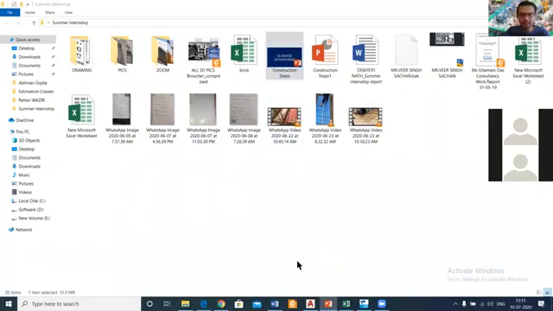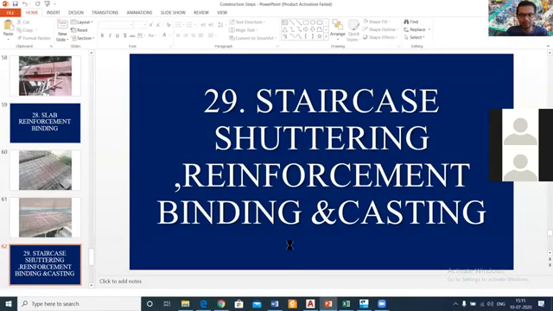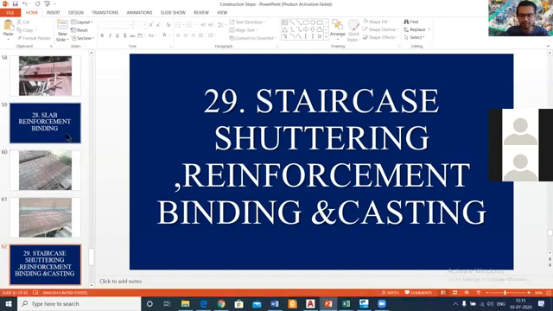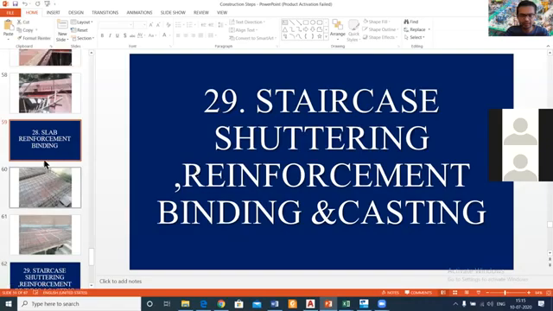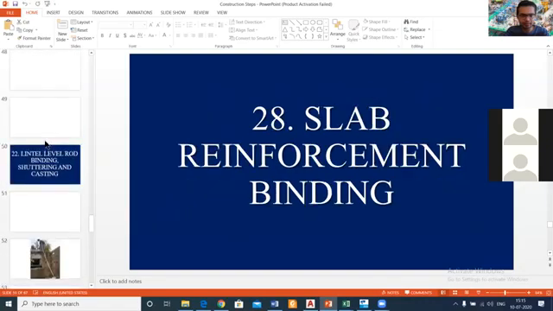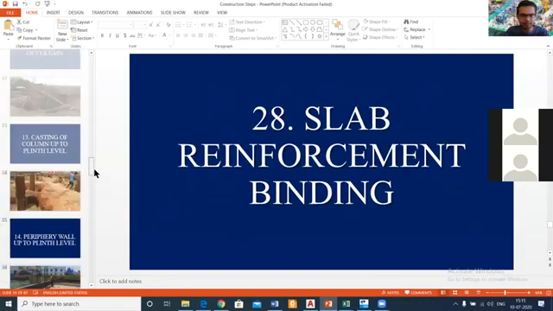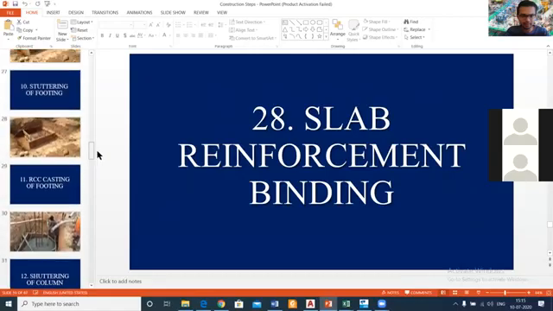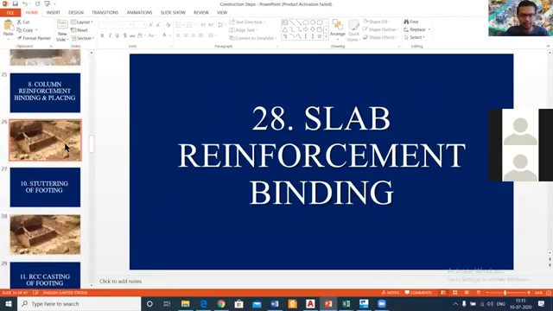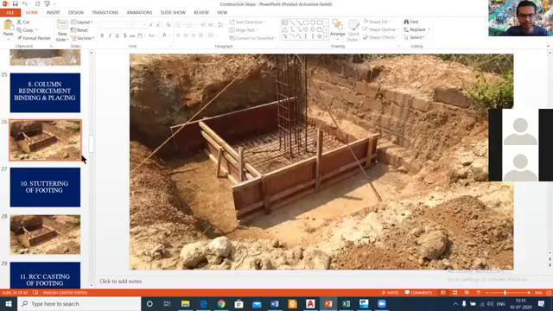So basically, we had told that we would discuss today how to calculate the quantity of reinforcement in your shuttering. Suppose this is your shuttering material.